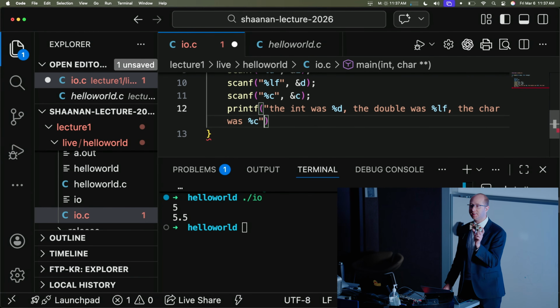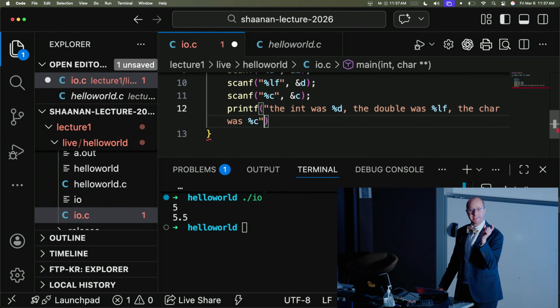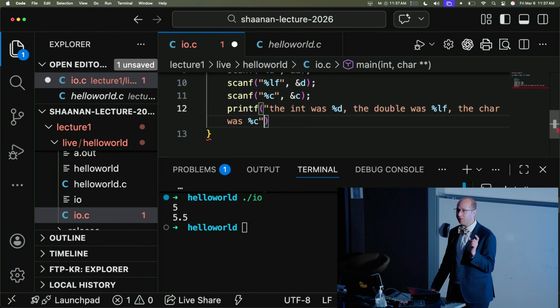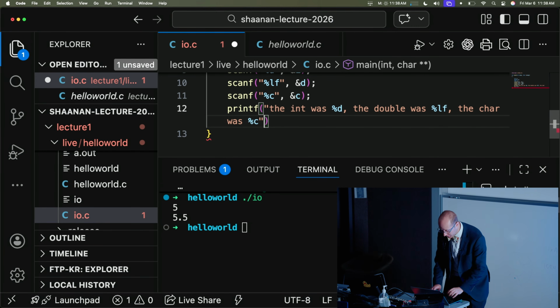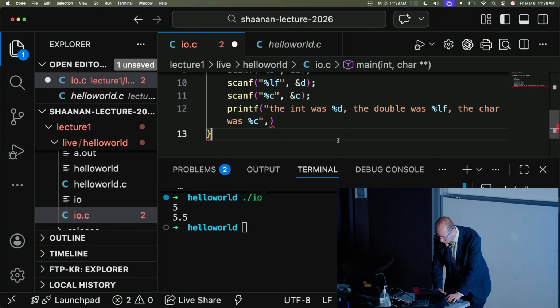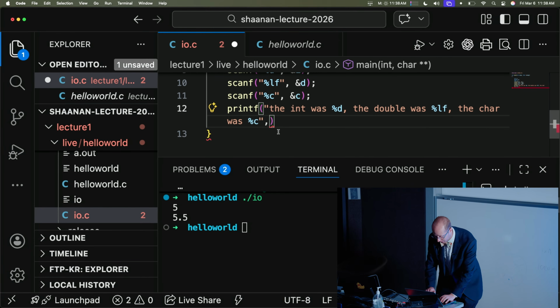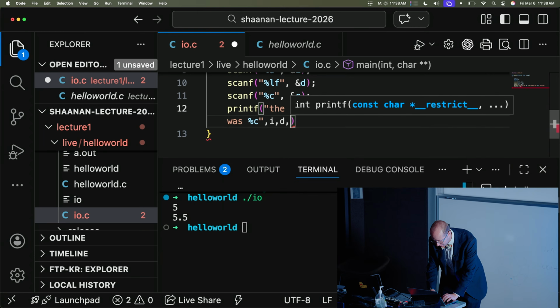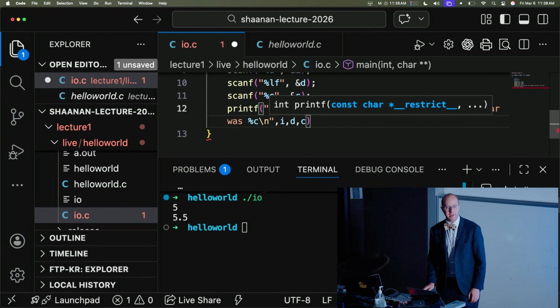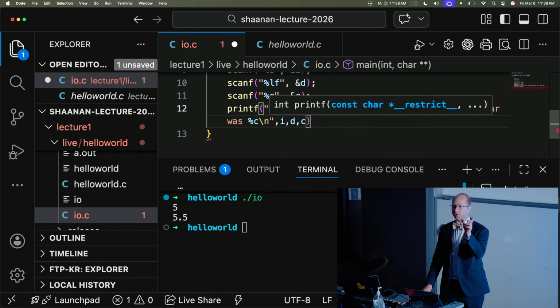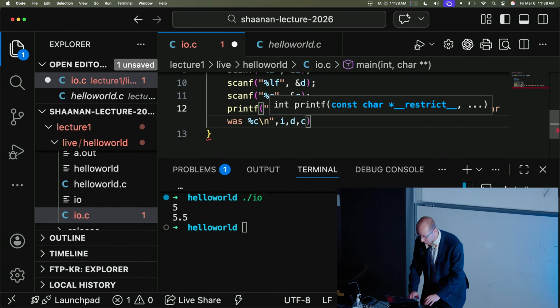You can see with the syntax here, I'm using format specifiers again in the printf string. And what this means is I also have to tell it what is D, L, F, and C going to refer to. And so I provide these as additional arguments to the function here. So that's going to be I, D, and C. And at the end of this line of the format string, I'm going to remember a \n so that it prints a new line at the end, so it just looks pretty.